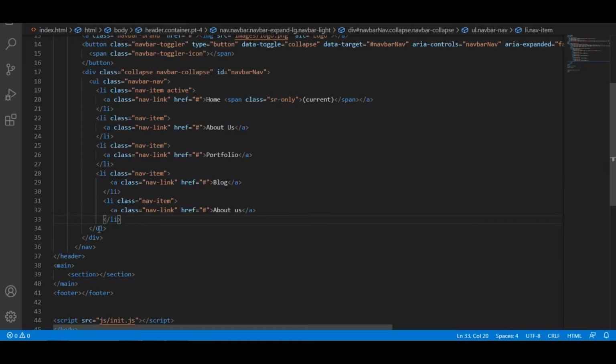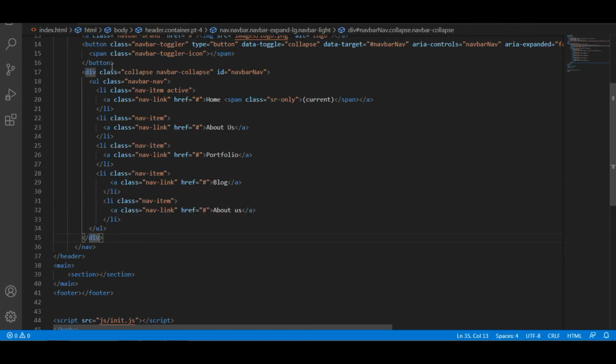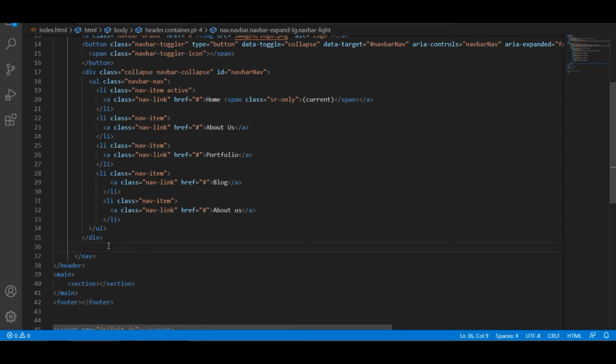Then we want some contents on the right side. After finishing the navbar here, you can see the div tag is closing after the UL tag. So I want some contents after the navbar. So I am simply using the span tag here.